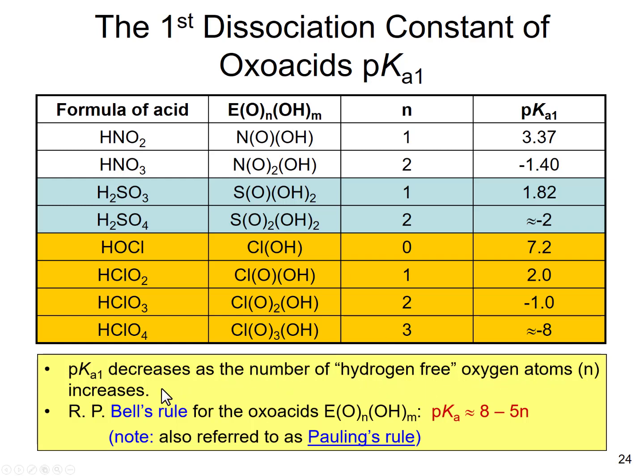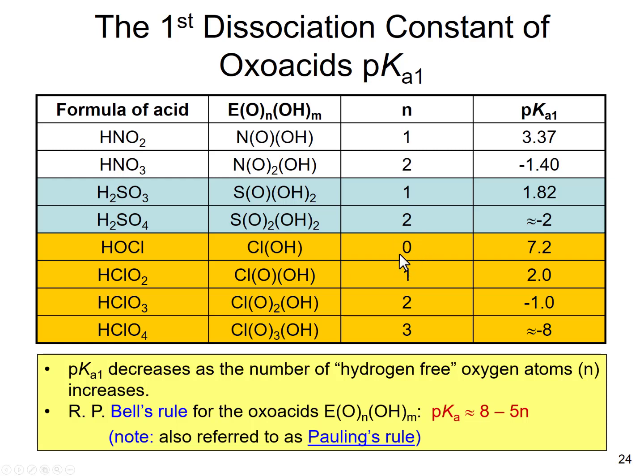oxygen atoms increases. So you can estimate that using Bell's rule, and take note that this only applies for neutral acids, right? So neutral oxoacids of this particular general formula, and if you know N, you can estimate the pKa value of this particular acid using this formula, whereby pKa1 equals about 8 minus 5N. This rule is sometimes also referred to as Pauling's rule,